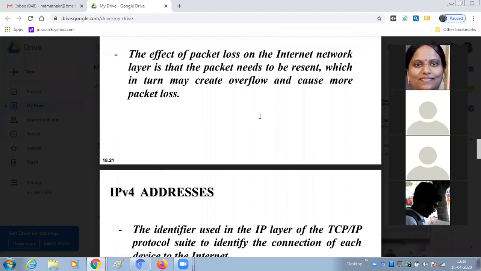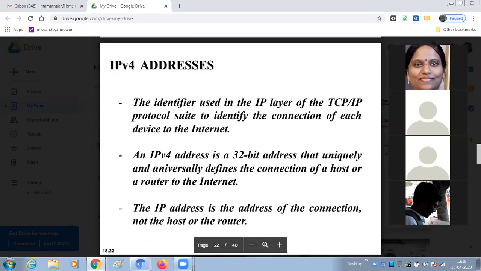Along with that, what is that? Congestion control. If congestion control is there, then the performance will be good, because the number of packets waiting in the queue is reduced. There are different methods to reduce it. Congestion control can be done, which is of two types: open loop congestion control and closed loop congestion control. With this the congestion can be controlled and then the performance of the network layer will improve. If there are no packets waiting, the network layer performance will be improved.